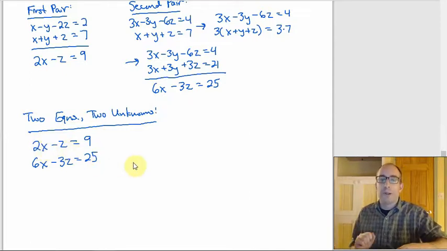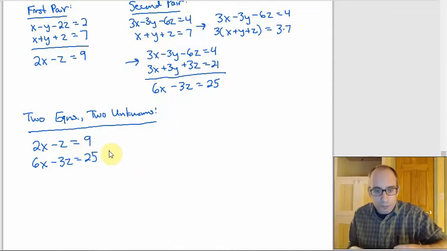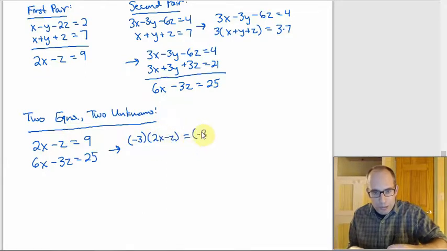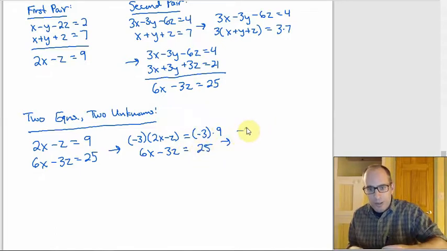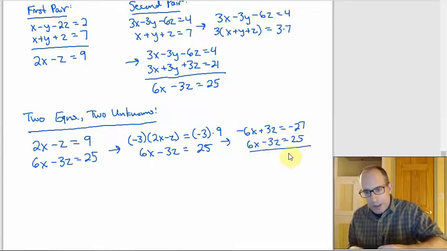or tried to get rid of z, you're going to multiply the top equation, both sides of it, by -3, right? So let's do it. -3 times 2x minus z equals -3 times 9, and then the bottom one staying the same. So 6x minus 3z equals 25, and then if I simplify the top, that's minus 6x plus 3z equals -27, and the other one's staying the same, 6x minus 3z equals 25, and we're going to get 0 on the